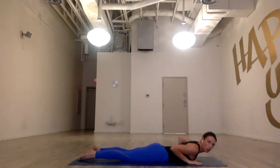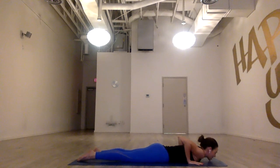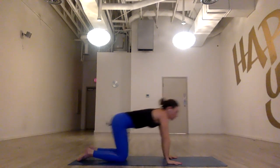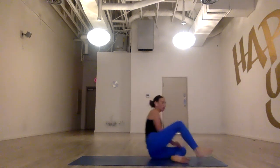Good, let's do cobra one more time. Lift our chest up high, roll your shoulders around, and then relax. And from here, we're going to come onto our back and just do one more thing. And for this, we're gonna practice making our body tight and then relax. And it helps us to feel like we're letting go of tension and things that feel really tight and stressful in our body. Okay, so I'm gonna lie down,